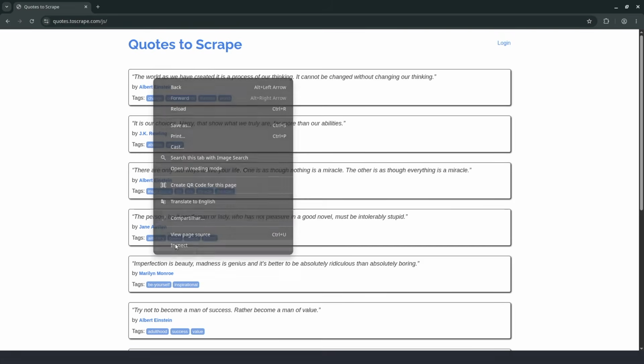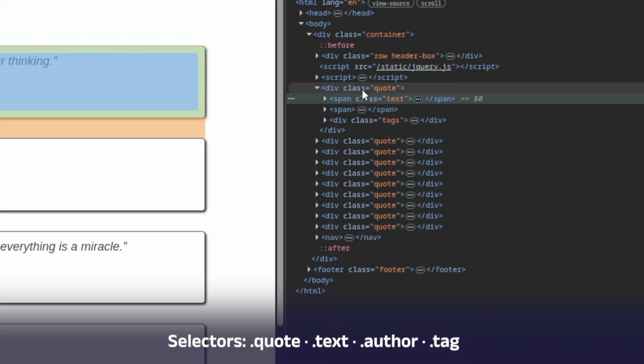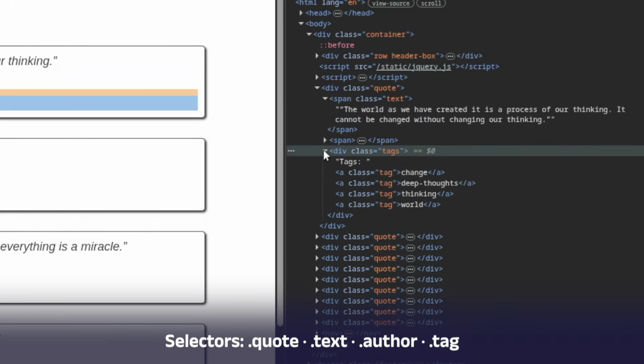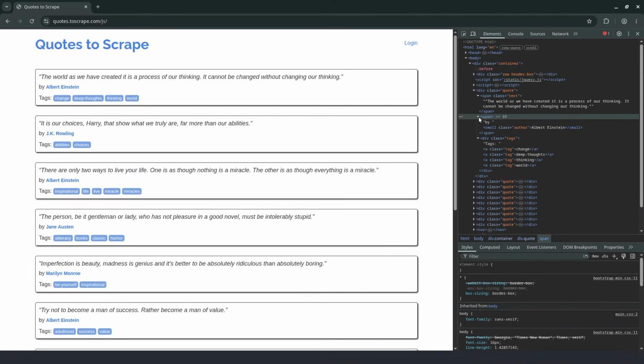Each quote sits inside a div with class quote, and inside it we have a span with class text, a small element with class author, and several anchors with class tag. Those four selectors are all we need. For each anchor, we'll pull the visible text, but you could grab attributes like href the same way if you